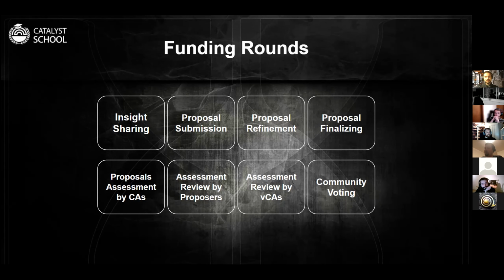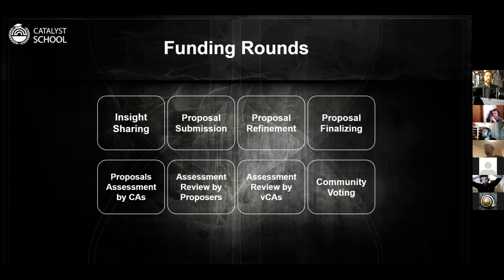Yes, based on the advice of the community itself. The CAs are going to assess proposals only 1 week after that. Actually, right after the proposal finalizing phase ends, then the CAs start assessing the proposal. But you can ask for feedback from CAs earlier than that. You don't need to wait until then. If, for example, the community is not commenting on your proposal and you want some feedback, you can just go to the community advisor channel, for example, and share your proposal there and ask for some thoughts on what could be improved.